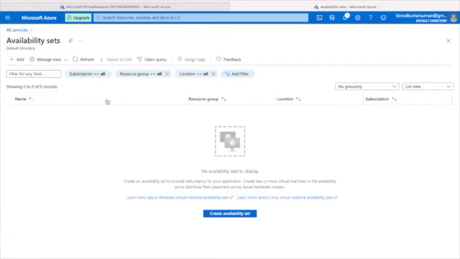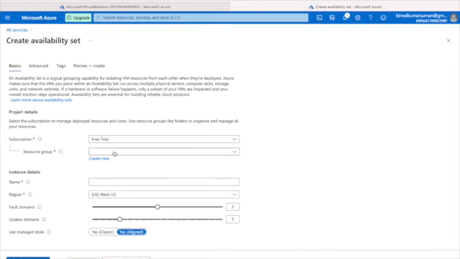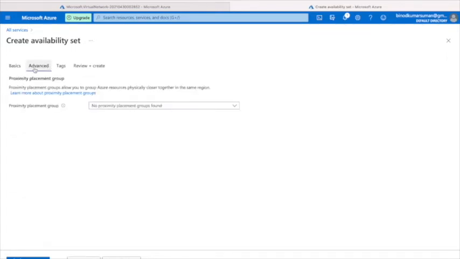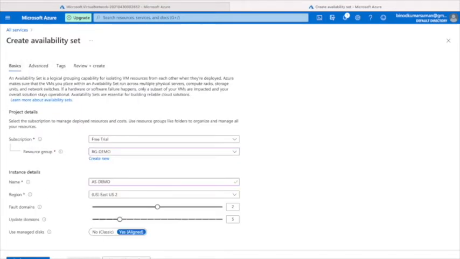Create, select the resource group or the demo, give the name availability set demo. And this is the concept of the fault domain and the update domain. Actually, an availability set is the logical grouping of the VMs. So in case of any failures or any shutdown, it will help you to continue the availability of your virtual machines. Right? So no need to do anything here. Just go and